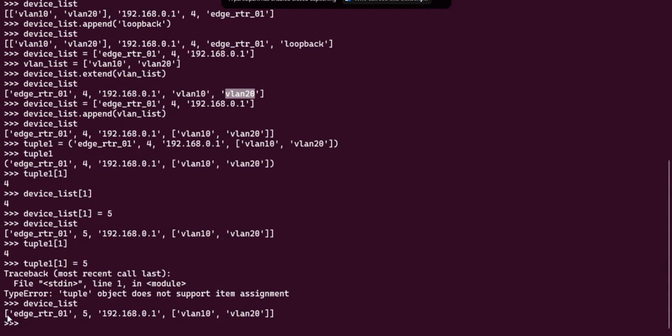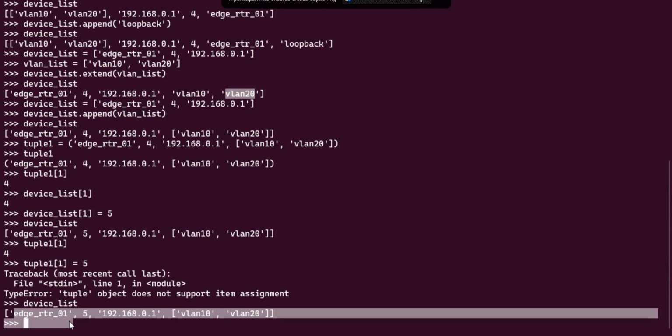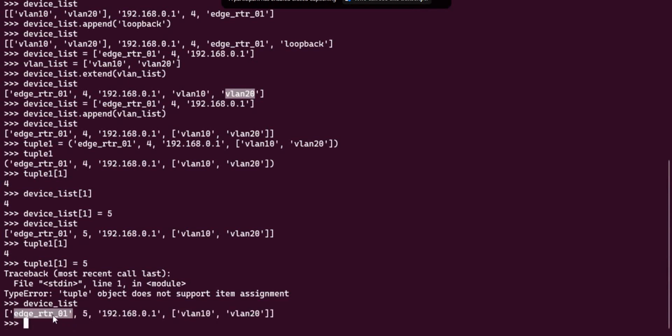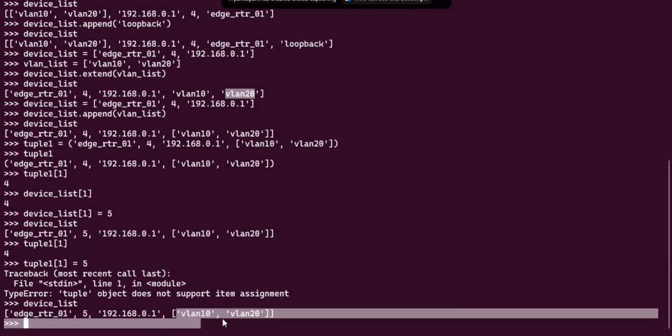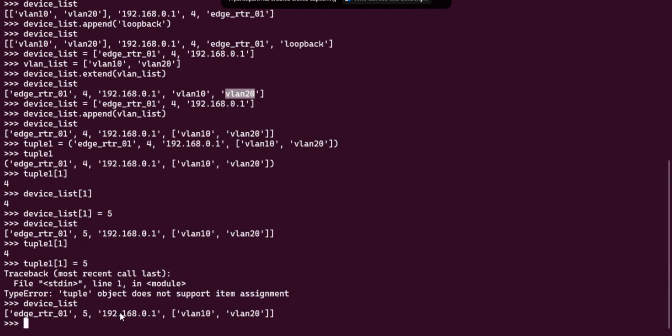Okay, so while the list can store all the information about your device, as a human being I can make out looking at this, oh, this looks like this thing. But for the system, it doesn't matter, right? This is the first element, this is the second element. Even for us human beings, it is difficult, right? Now, as I said, this I can make out, this I can make out, but what is this? And what is this? This is an IP address, but of what? What is its significance, right? I don't know. So we need to have